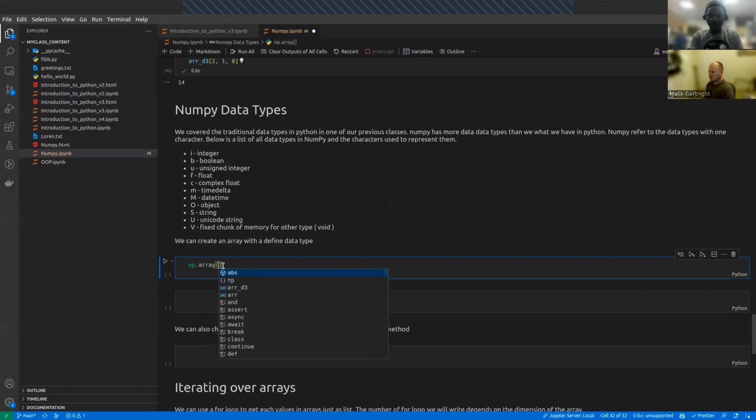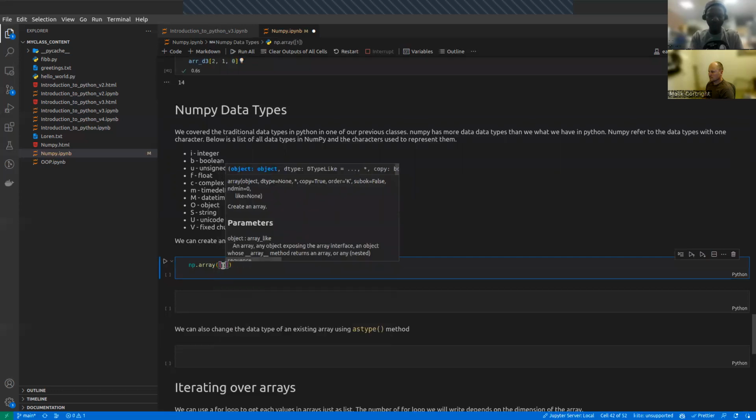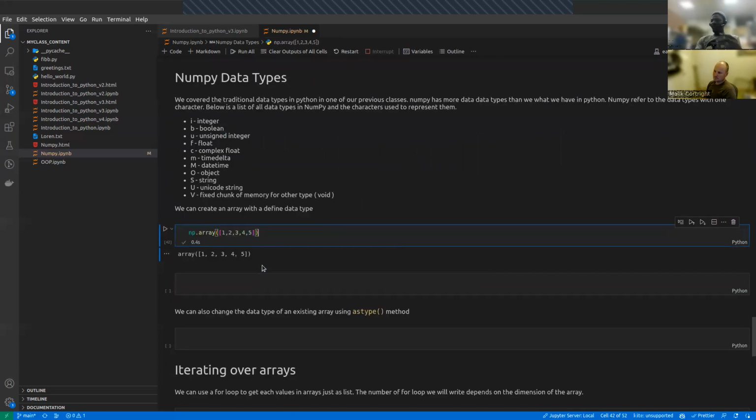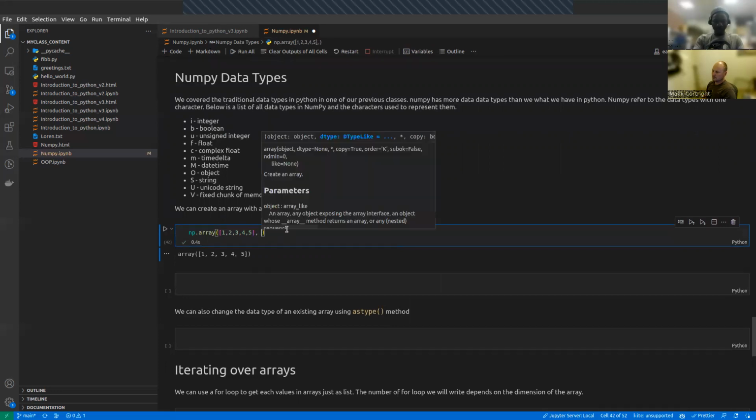using np.array and then put the list that we want to create. This is going to give us an array of this. By default, we did not specify the data types. We just put the array in this syntax. But we can also specify that the data type for this array should be,